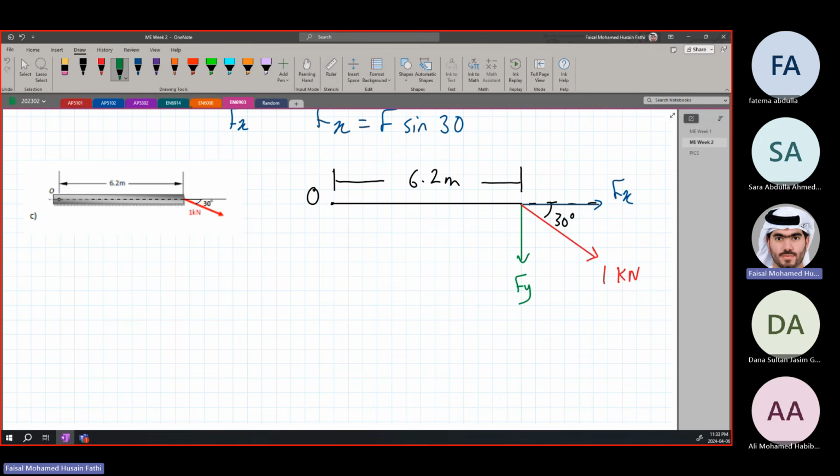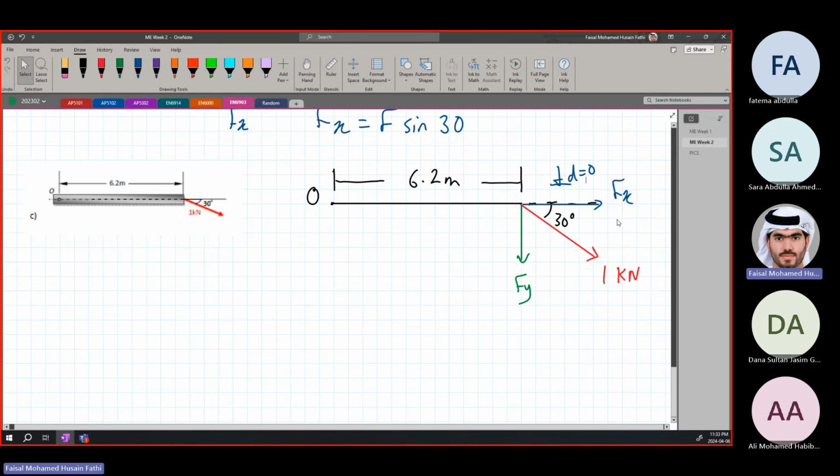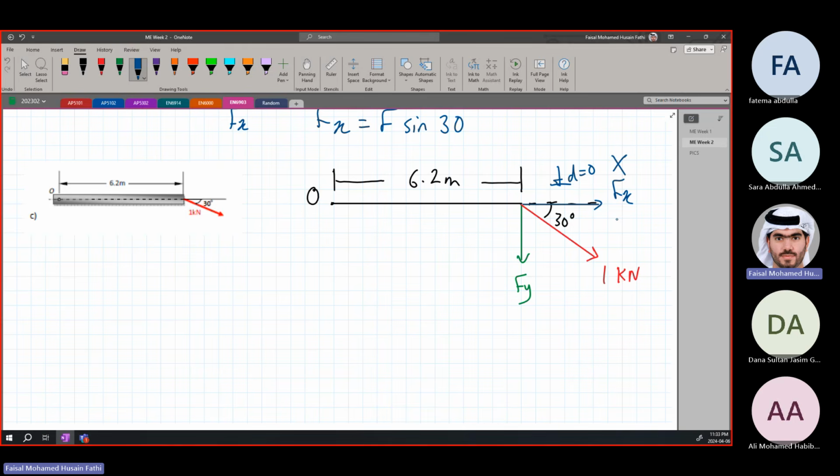Okay? Fx has no perpendicular distance. The perpendicular distance is 0. Why? Because it is on the same line as O. It is on the exact same line as O. So there is no moment due to Fx, but Fy will have a moment, and the perpendicular distance is 6.2